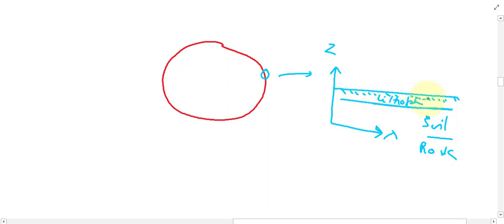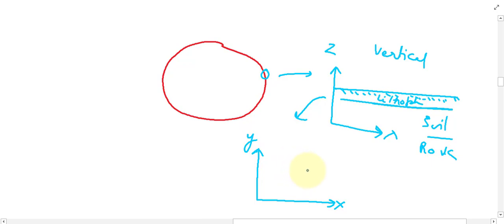So this will form like a plane surface. Now if I draw this vertical plane figure into a horizontal plane, x and y,